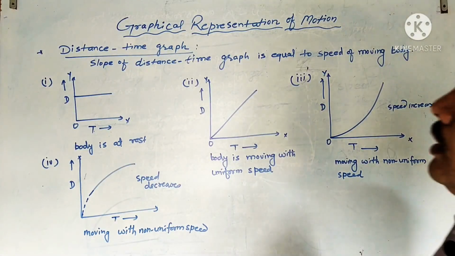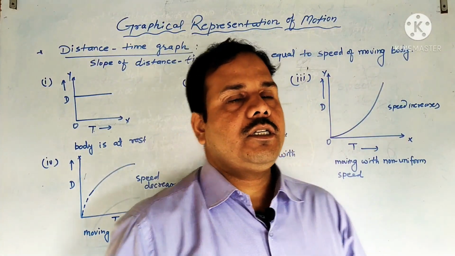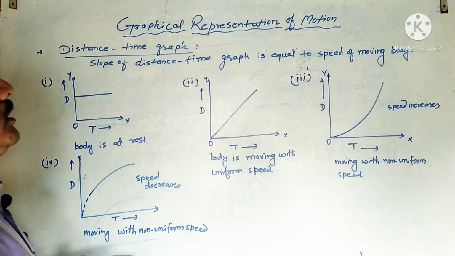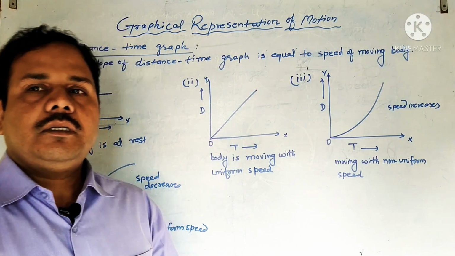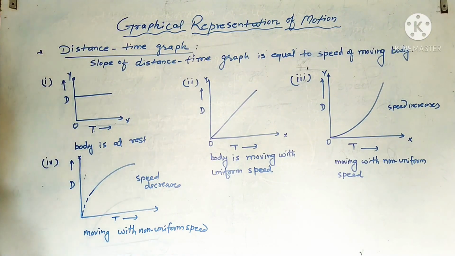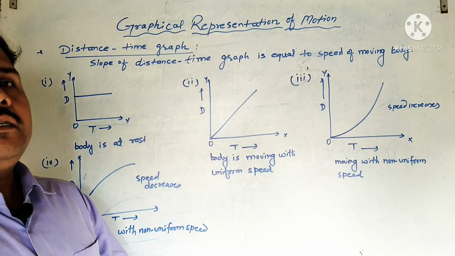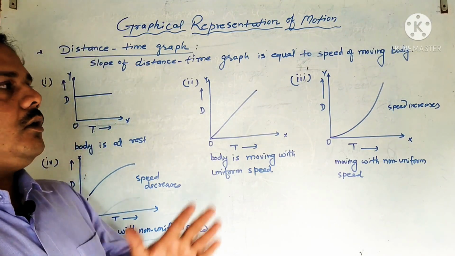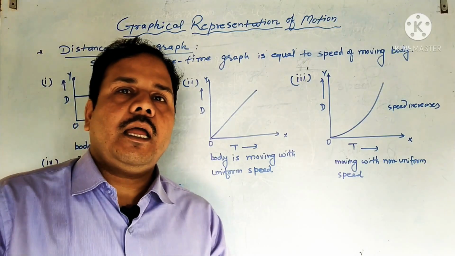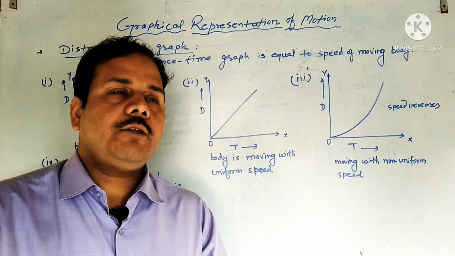हेलो स्टूडेंट्स, आज हम लोग डिस्कस करेंगे ग्राफिकल रिप्रेजेंटेशन ऑफ मोशन। ठीक है, फर्स्ट ऑफ ऑल वी विल डिस्कस अबाउट द डिस्टेंस टाइम ग्राफ। डिस्टेंस टाइम ग्राफ क्या होता है? दैट इज द ज्योमेट्रिकल रिप्रेजेंटेशन ऑफ डिस्टेंस ट्रेवल बाय अ बॉडी एंड द टाइम टेकन बाय इट।